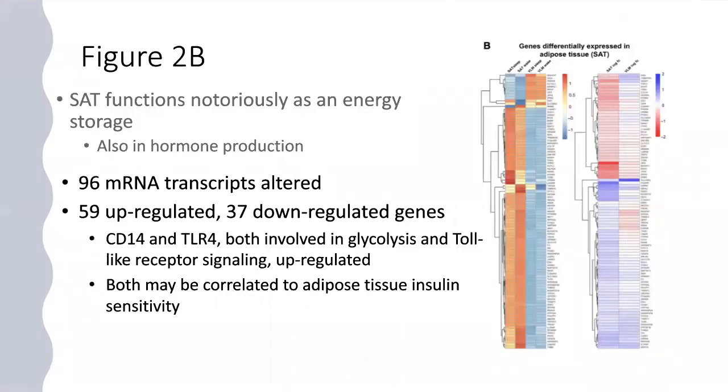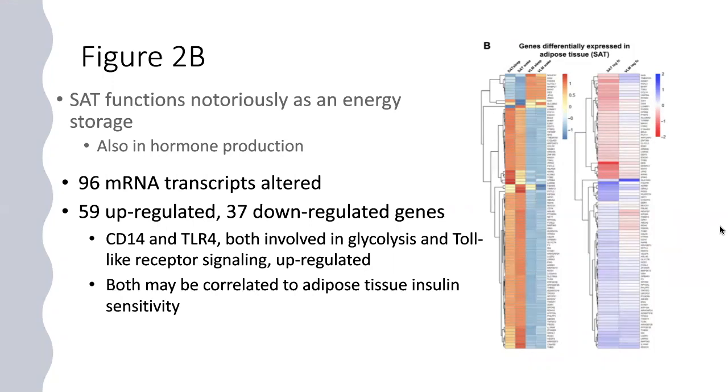So figure 2B follows the same type of representation and the same heat map system of showing their results. And this one is focused on subcutaneous adipose tissue. This type of adipose tissue is normally known as energy storage in the form of fat, but adipose tissue is also involved in hormone production. So this is an important part of the body to look at in terms of sleep loss and how it's